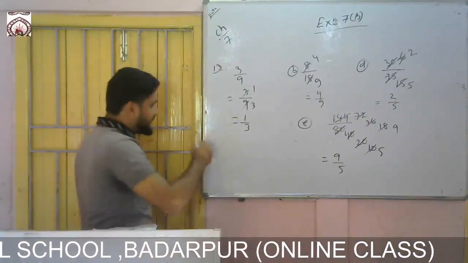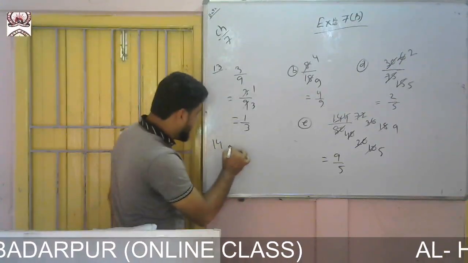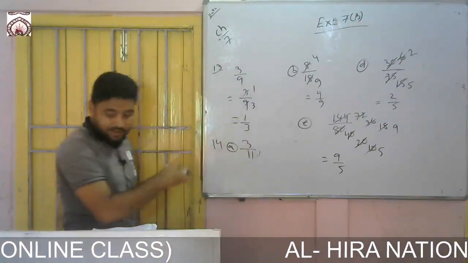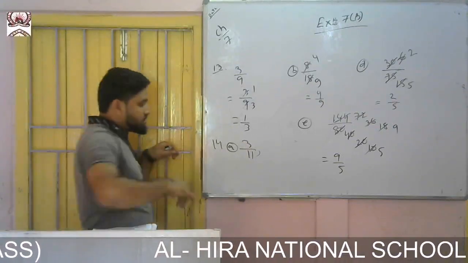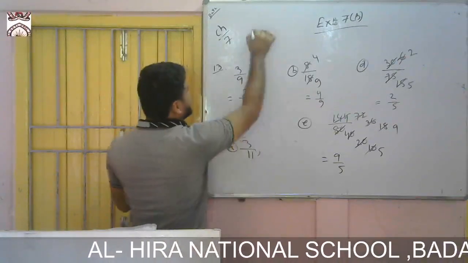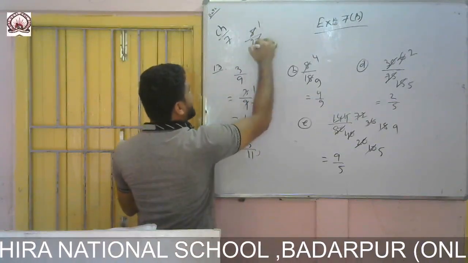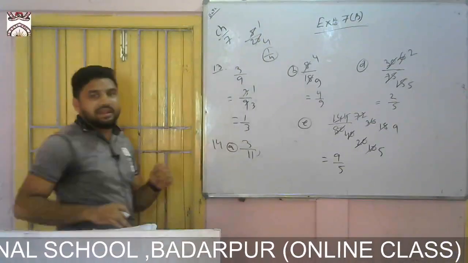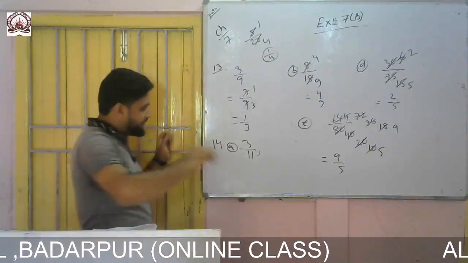So question number 14. So Roman A, 3 by 11. Then which one? 5 by 20. It is not in lowest term. Because 5 by 20, if I take 5 1s are 5, 5 4s are 20, it is 1 by 4. So 5 by 20 is not in lowest term. So B is not there.